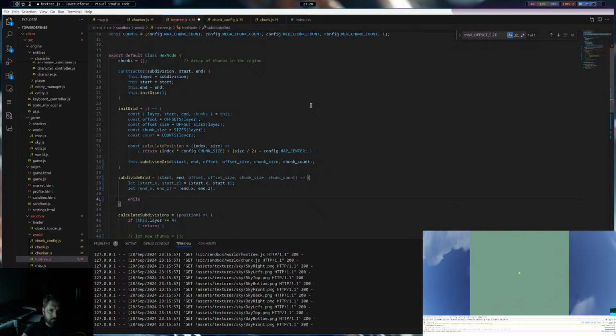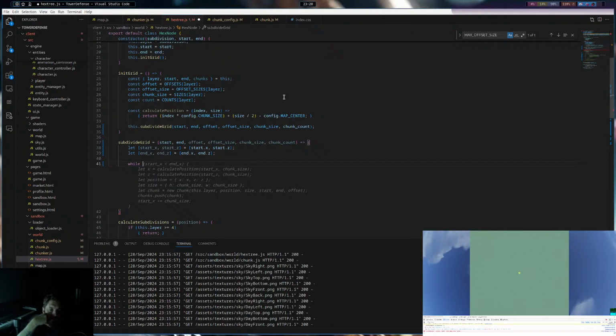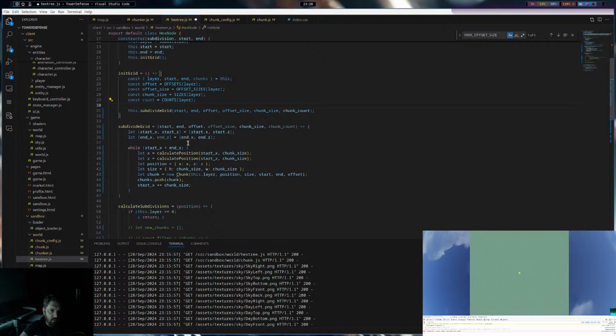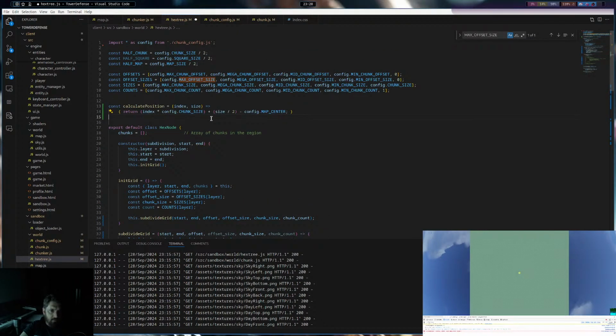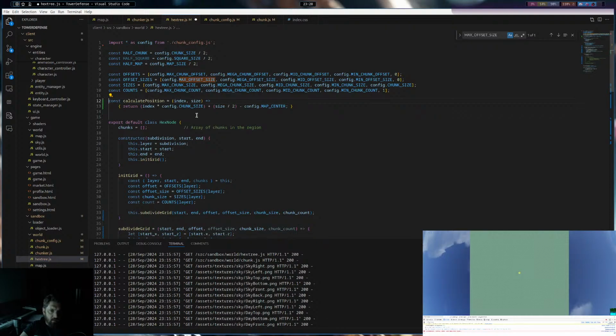Start x is less than index. Yeah, we're not gonna do that. I don't like that at all, but we are gonna put this. Do we need it inside the function? We have it here.